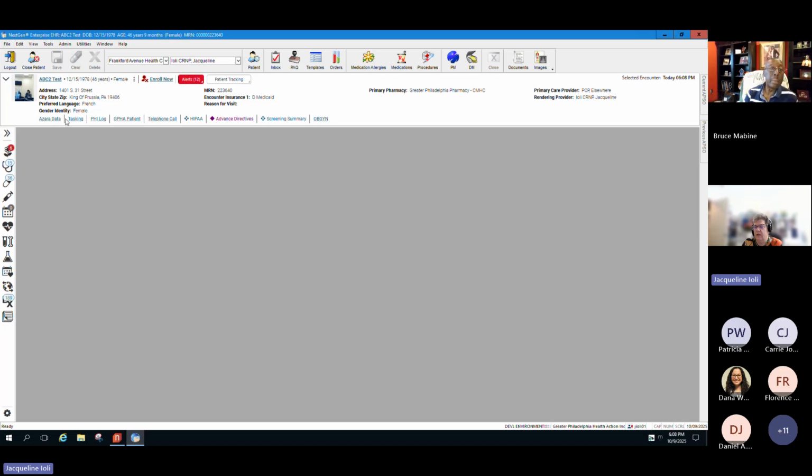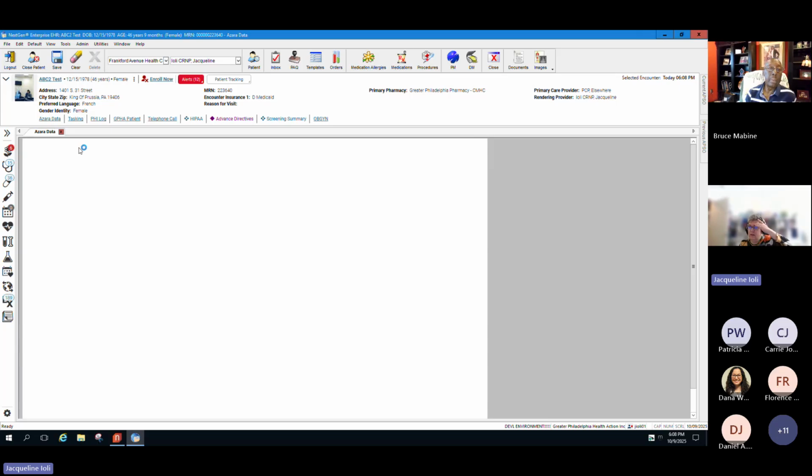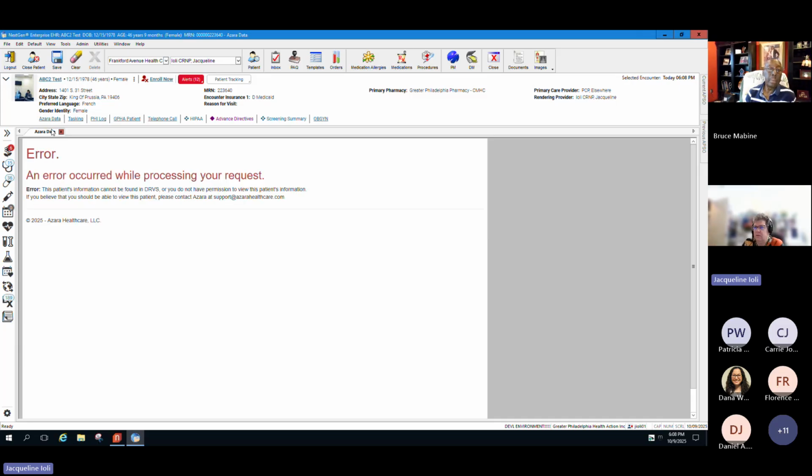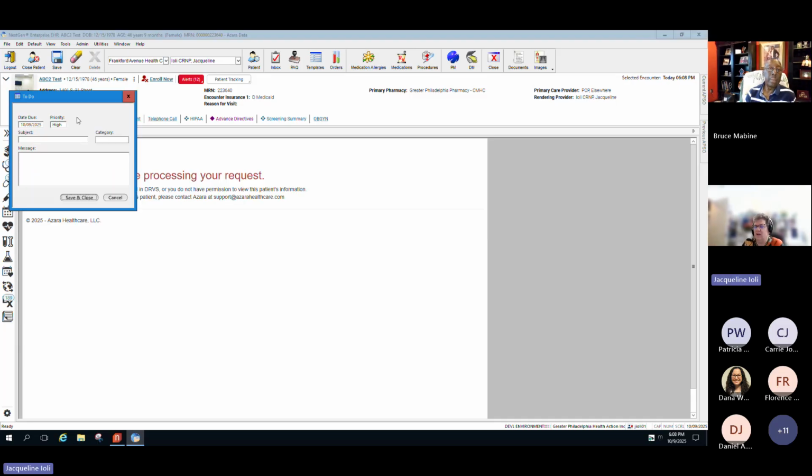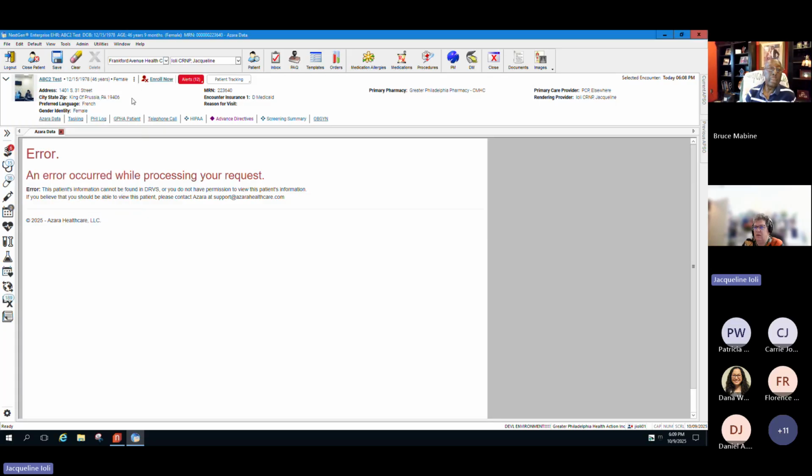The Azara data link is right here. It's not going to work in the test database because it's not hooked up to the internet. But now you have Azara. You don't have to click in and click in. It's right there. Tasking, you know how you can task yourself? That's there. We don't really use the medical